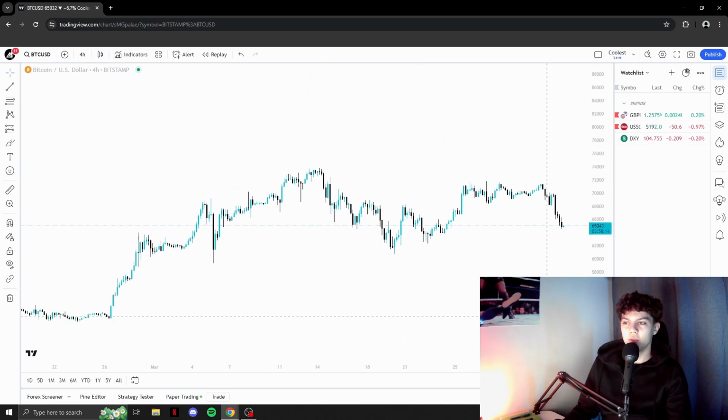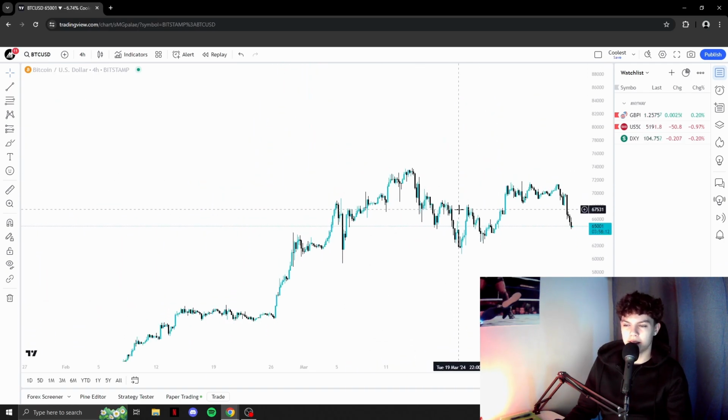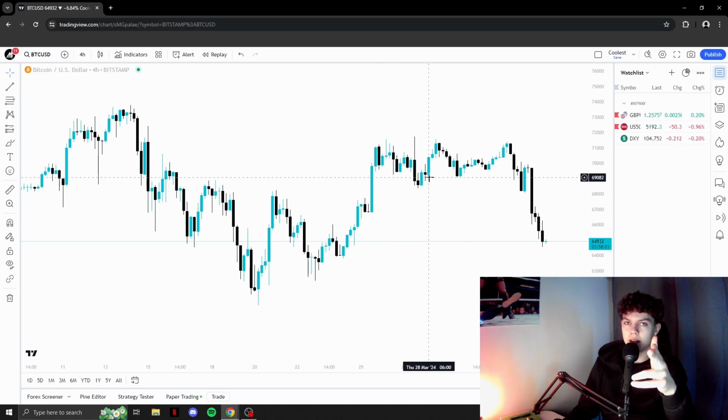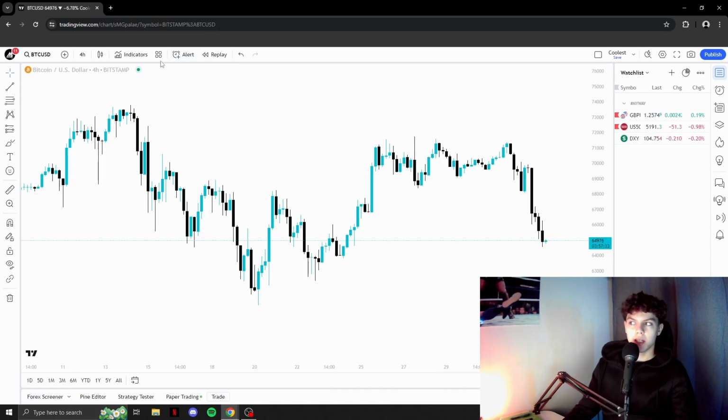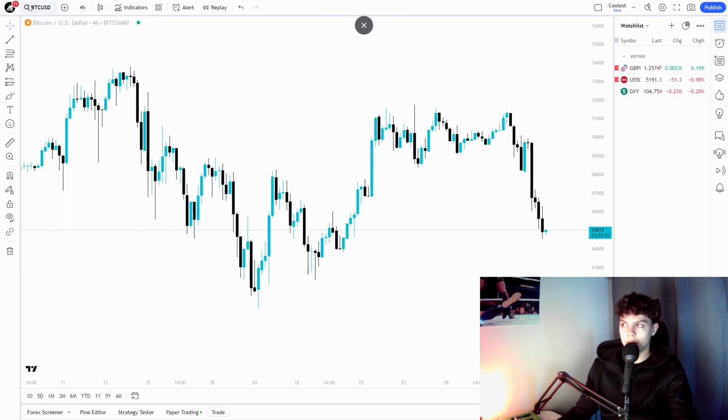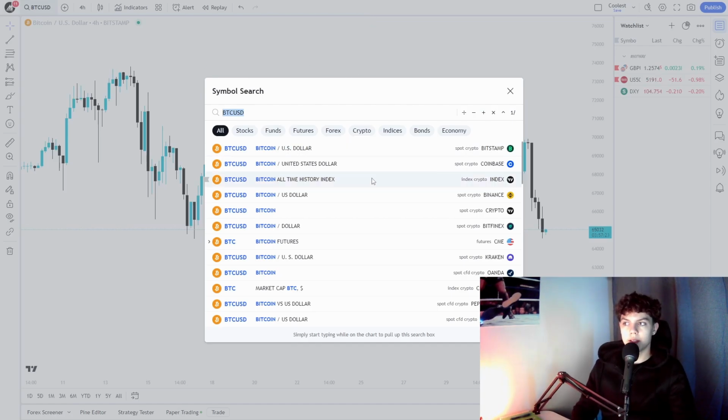Obviously, you may wonder, what the hell? How am I supposed to day trade with all these candles? Now this is a candle. Each one is a candle. We call them candles. Now that's another topic. This is just for the basics, okay? But now on the left, you're gonna see the pair that you're watching, okay? Right now I'm watching BTC USD, which is Bitcoin, okay? Now I'm going to open this symbol search. You're gonna go on this place.